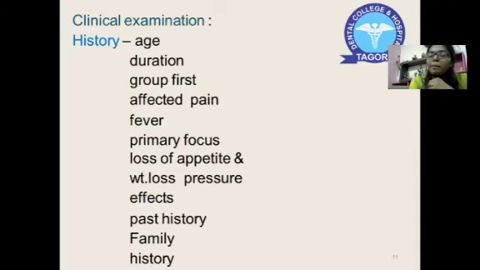And also any past history of enlargement of the lymph nodes. For example, there will be an enlargement or engorgement of the epitrochlear or suboccipital group of lymph nodes in cases of secondary stage of syphilis. So that has to be considered. And then family history: sometimes tuberculosis may run in families. If one person in the family has been affected, the other person may also get affected. So a history of tuberculosis has to be ruled out.